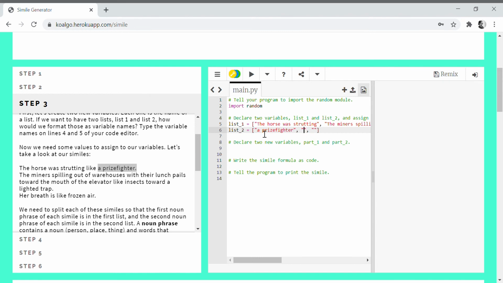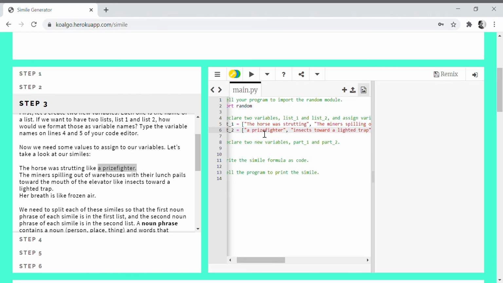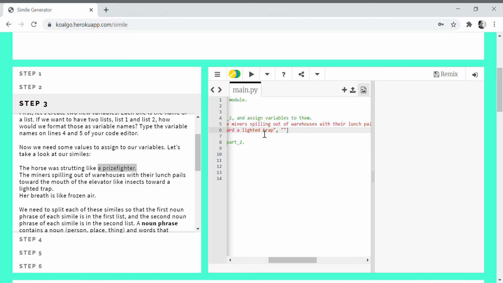The next one is going to be insects toward a lighted trap. Notice that we are not including the word like in any of these yet. Like is the connection word between the two noun phrases in each simile, but we're going to add that in later. So right now we're not including that in these values.